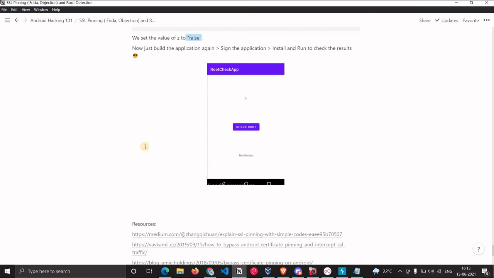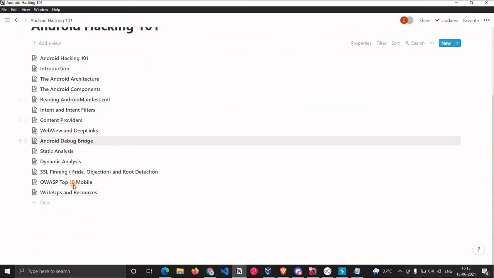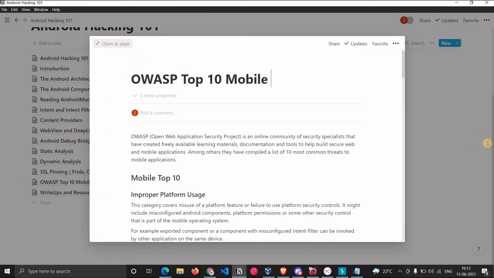Okay, so this was it with SSL pinning and root detection. So we will now move to the next chapter, which is OWASP Top 10. If you have any doubts till now, you can ask, or we can move. Okay, so let's move.